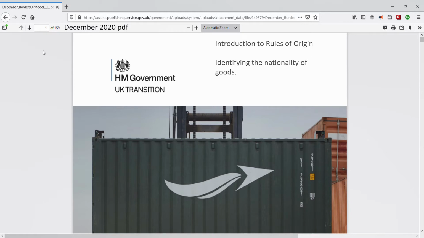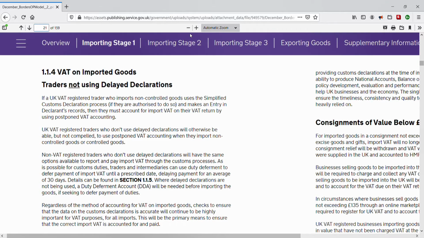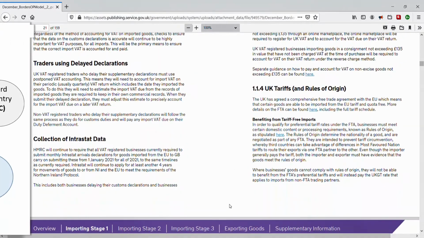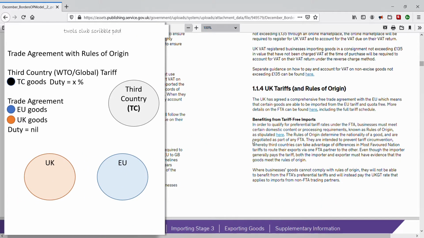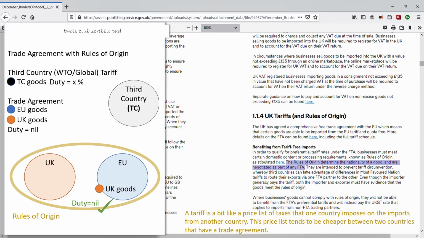To start with, where do these rules come from? Jumping to page 21, down a bit. And we see. These rules are negotiated as part of any trade agreement. When negotiating a trade agreement, each contracting party agrees upon Rules of Origin. But for what purpose? Why are Rules of Origin needed? As one might expect, they determine the inherent nationality of a product. And this is vital for the purposes of allocating the correct duties for individual goods movements. And we'll get a better idea of how this works a bit later on.